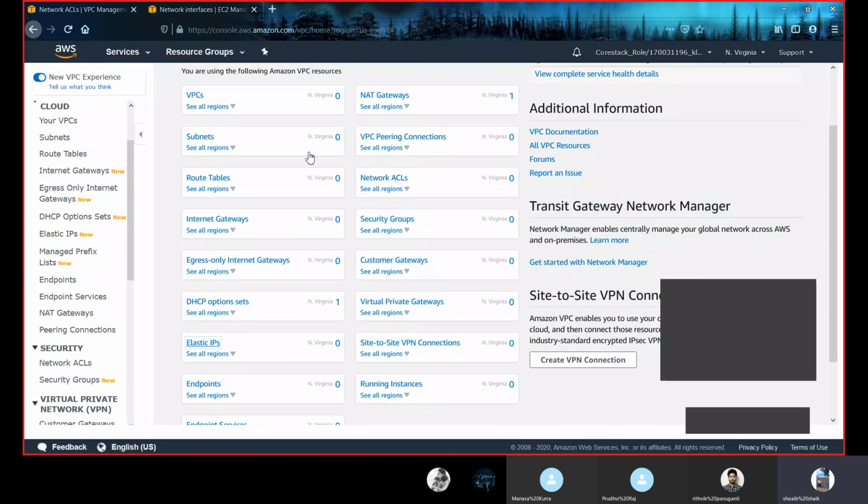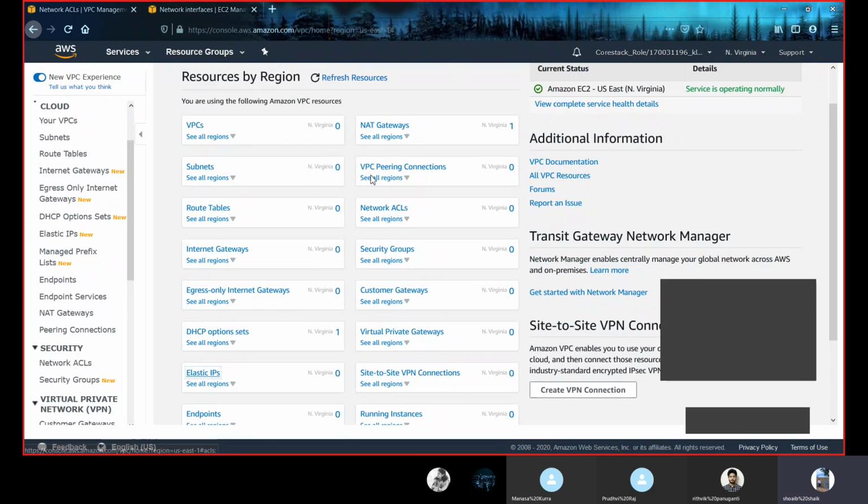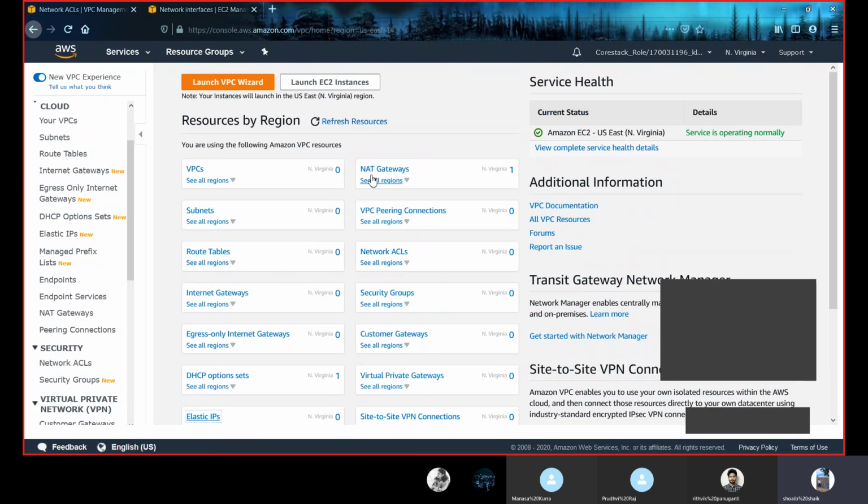We discussed each and every resource, and out of these resources, we discussed what subnets are. A subnet is a logical subdivision of an IP network, and there are two types of subnets. One is private subnet and the other one is public subnet. We use a private subnet when we don't require an internet connection for our resources, and if we require an internet connection for our resources in the virtual private cloud, then we will be using a public subnet.